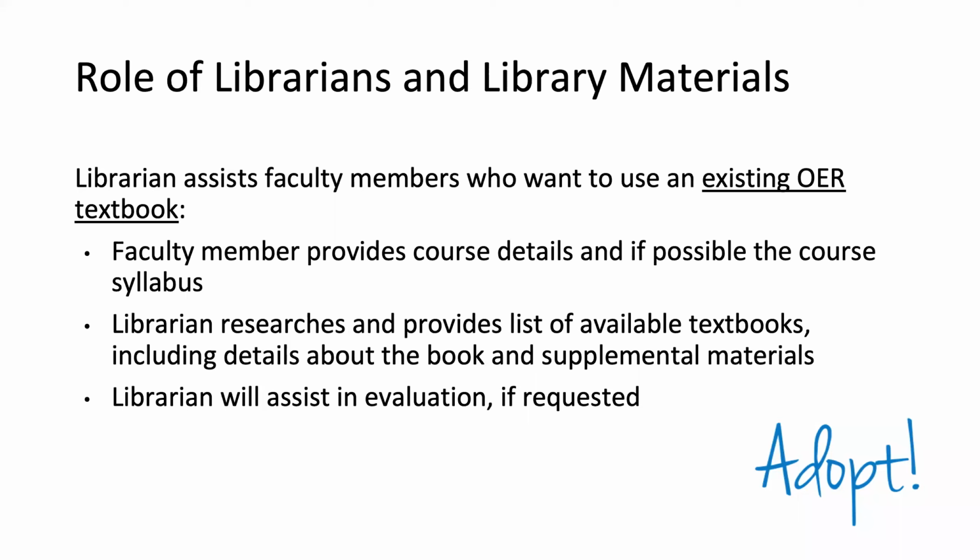Our librarians will do the research in the different repositories and go directly, say, to OpenStax and some of the other locations where there are open textbooks available, and find textbooks first in that discipline, and then look at the table of contents, look at the supplemental materials, look at the book itself to see if it's going to cover most of the material that would be taught in that course.